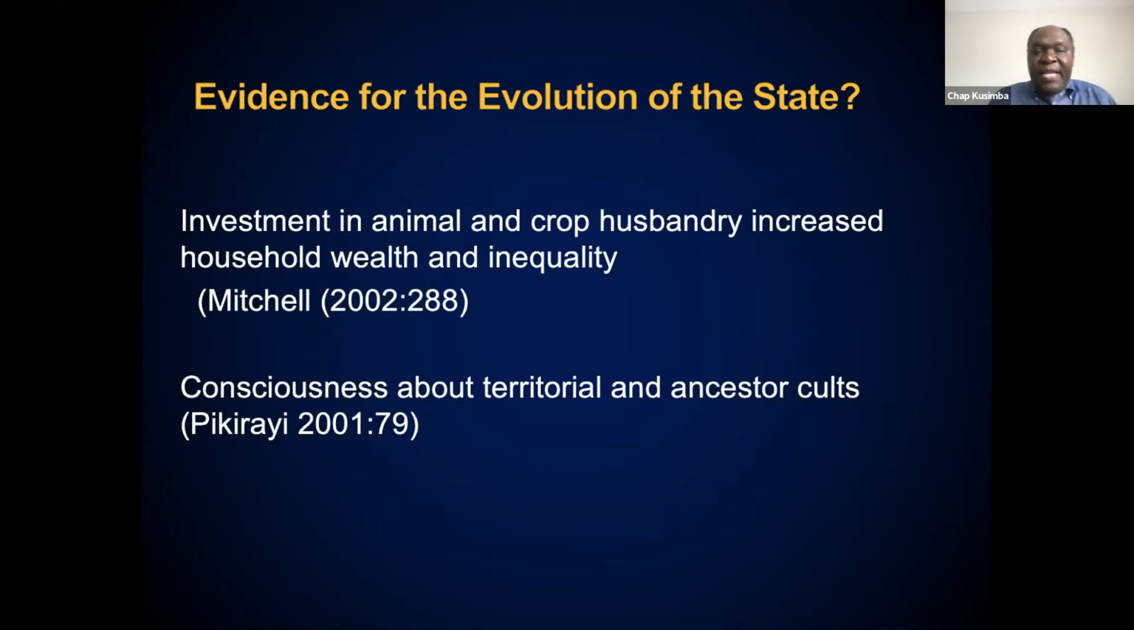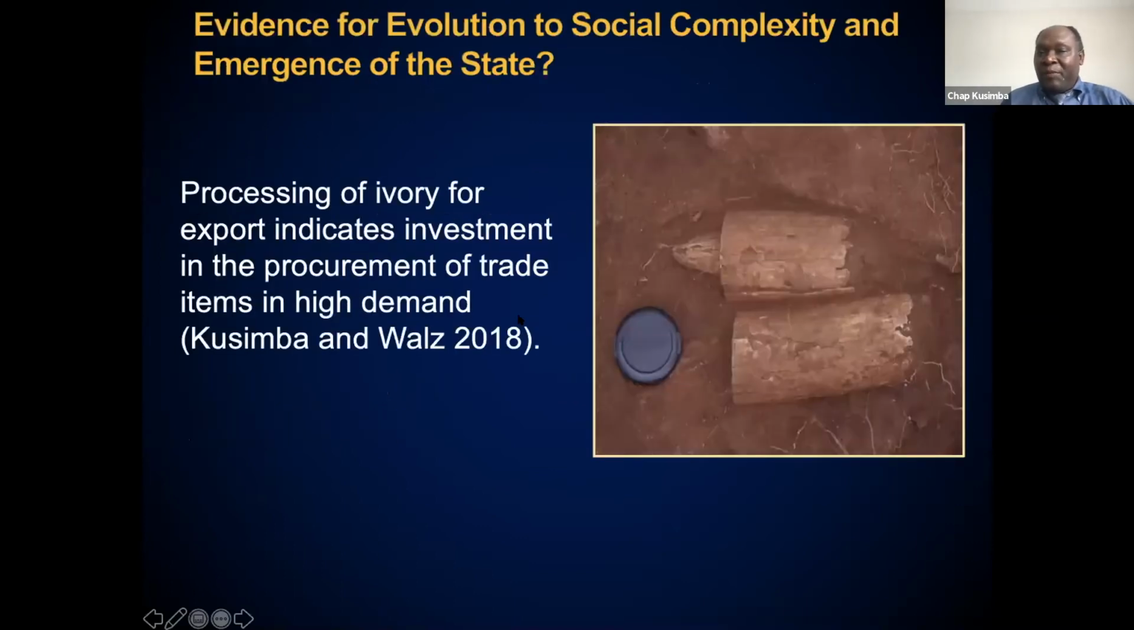So investment in animal and crop husbandry increases household wealth. There's consciousness about territorial and ancestral cat spirits that are beginning to emerge. And I think we don't often pay a lot of attention to that. And so when you get to other regions, when you begin to think about not just regional trade, but in fact, international maritime trade interlocking on what was already existing, you begin to see in inland Africa the processing of ivory